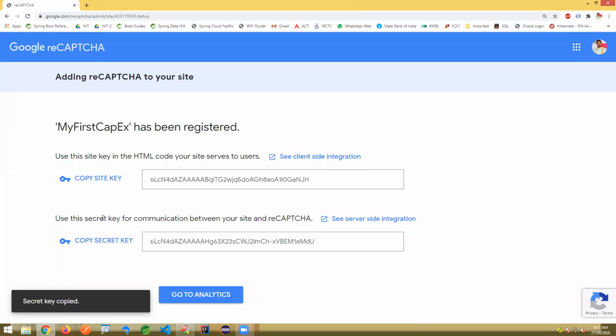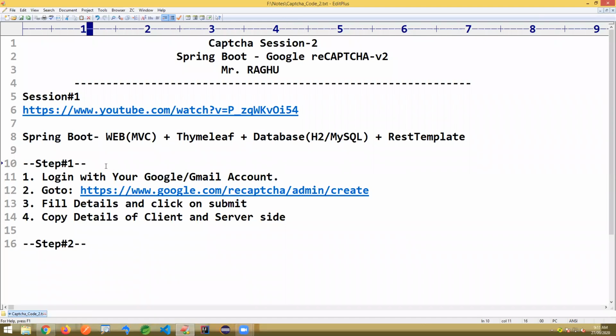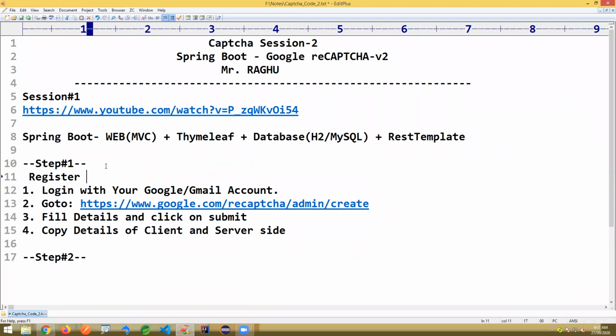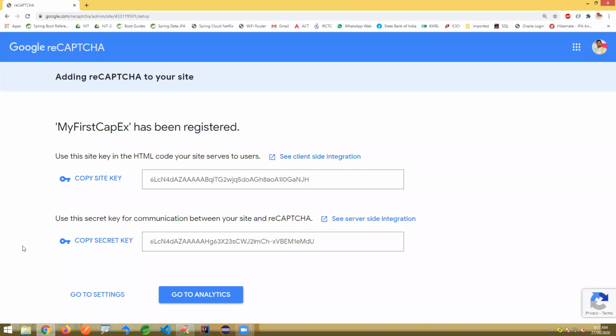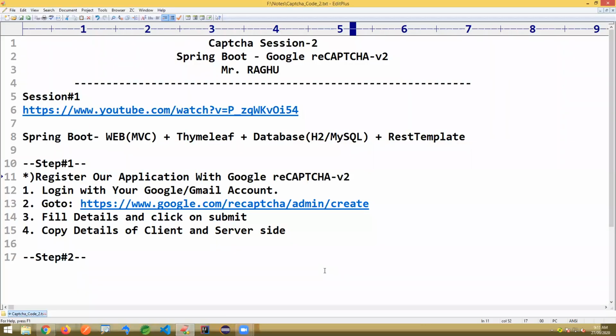These two, let them be. Now step one is done: registering our application with Google reCAPTCHA V2. I mentioned only the domain, localhost, no other application details.